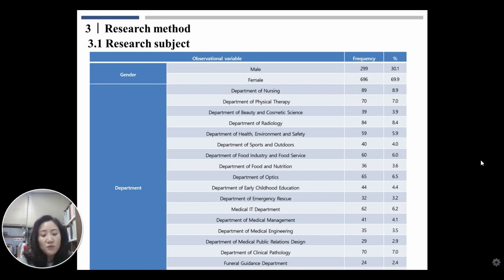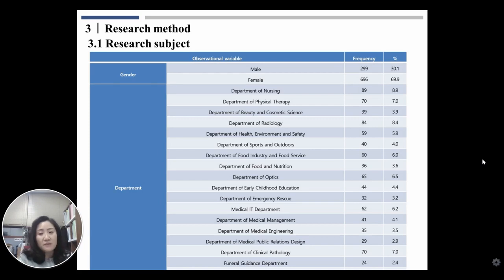A total of 995 people responded to the questionnaire for measuring. Looking at the gender composition of the respondents, there were 299 male students and 696 female students, which was more than 3 times higher among female students, and a total of 19 majors participated